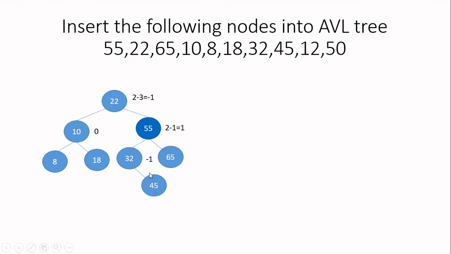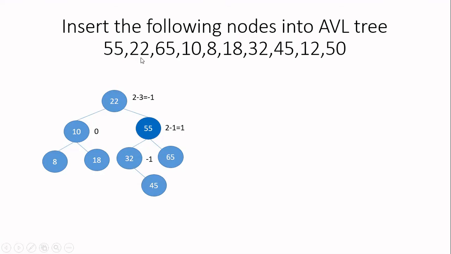Okay, and here, let us consider the balance factor of this 22. In the left subtree, we have two links. And in the right subtree, there are two paths. One path is 22, 55, 32, and 45, that is having three links. Another path is 22, 55, and 65, that is having two links. Always you have to consider only the longest path for calculating the height. So the longest path here is 3. So for 22, the balance factor is now 2 minus 3, that is minus 1. Then for the node 55, the left subtree is having two links and the right subtree is having one link, so it is 1.